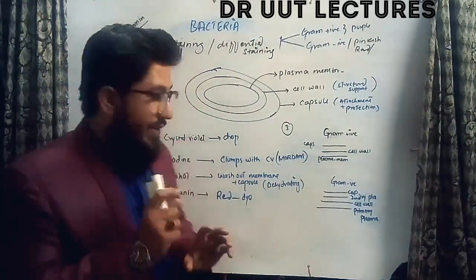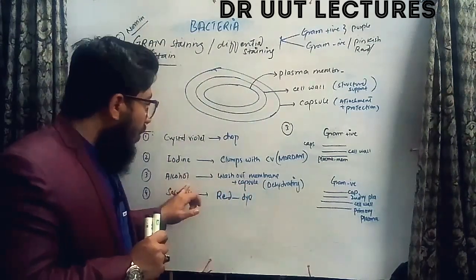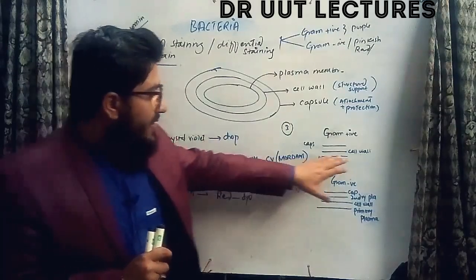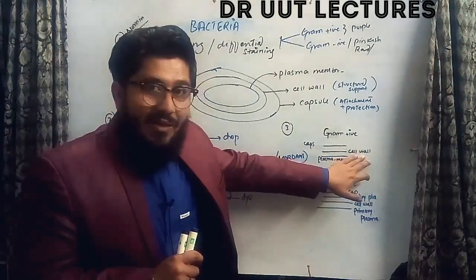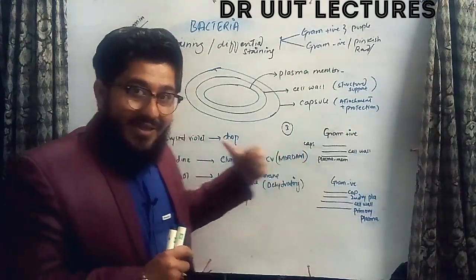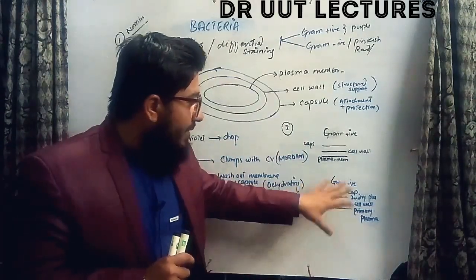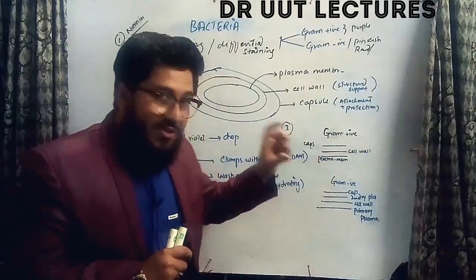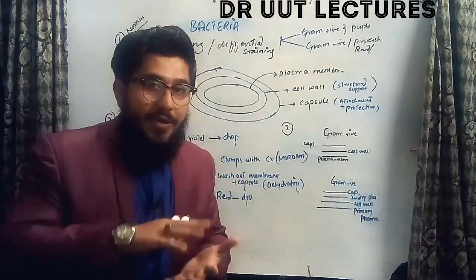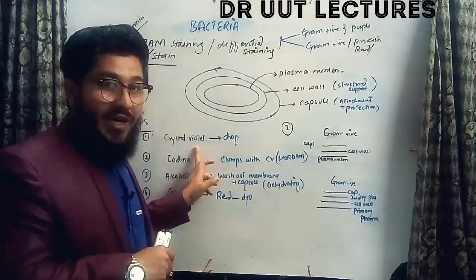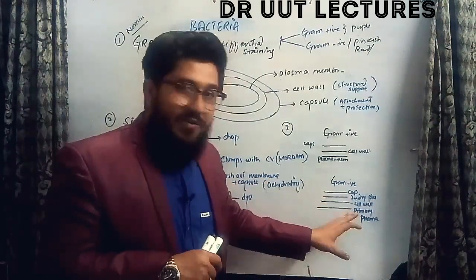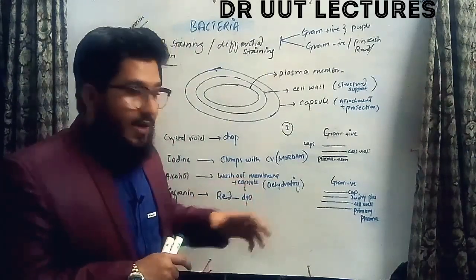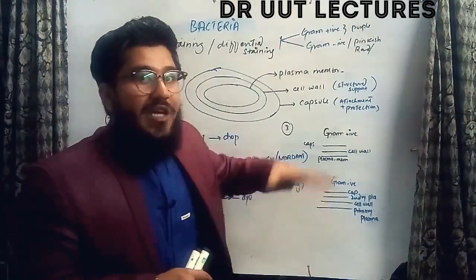So what happens now? Very simple. When you apply the alcohol, the dye which was present, the crystal violet dye, it is still available on the cell wall of the gram positive. But this dye is now removed from the gram negative. Reason behind? Very simple. This cell wall was thick. It got trapped, that crystal violet dye. This cell wall, gram negative, it is actually thin. So during the process when we were applying the alcohol, that dye actually was also washed out.